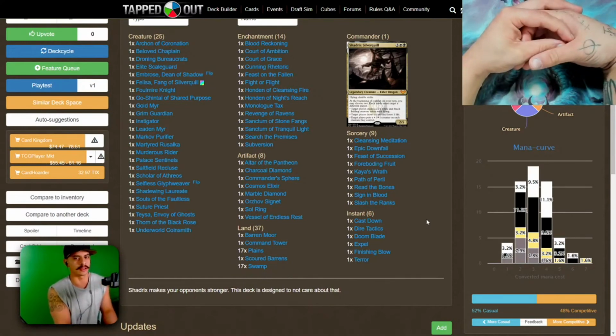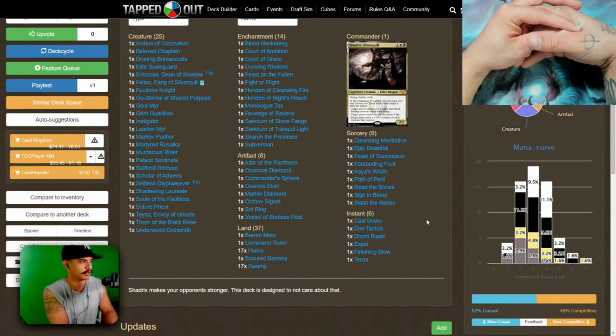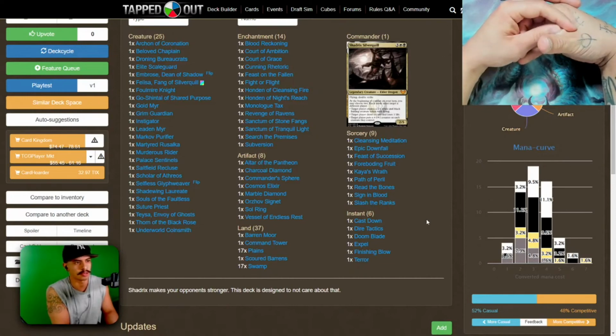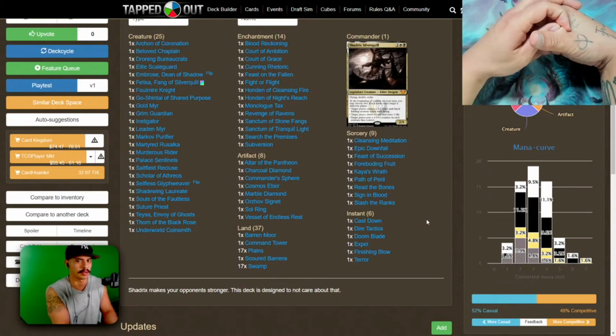If I gave this deck a rating out of 10 in relation to its power level, I give it like a 7. If I say 6 is like a pre-con, 5 is like a bad pre-con, 6 is like a pretty good pre-con, I would give this like a 7. This deck has a strategy, and if you're smart with how you play the cards,